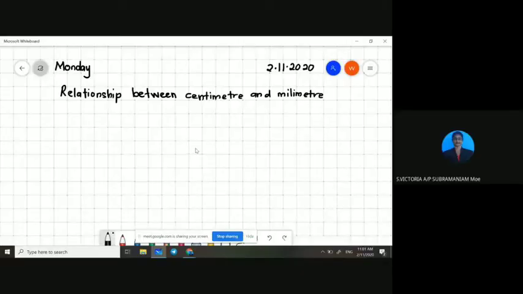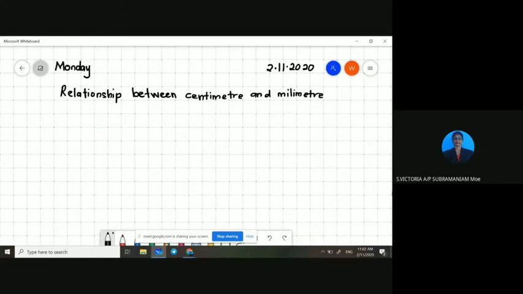Okay, so today we are going to learn about the length topic. The relationship between centimeter and millimeter. I already taught you this in your class, right? What terms did I ask you to memorize? Anybody? Do you know what terms I asked you to memorize that day? To make sure you understand the relationship between centimeter, millimeter, kilometer, meter. Anybody?